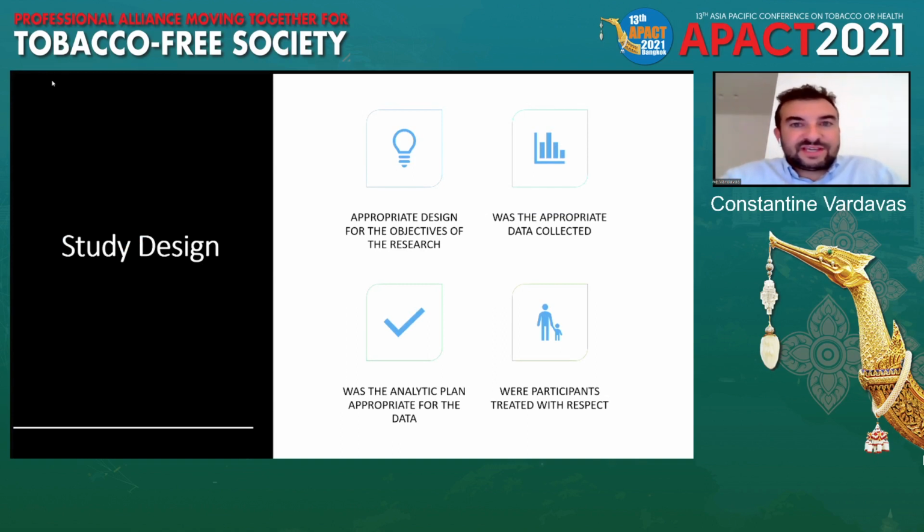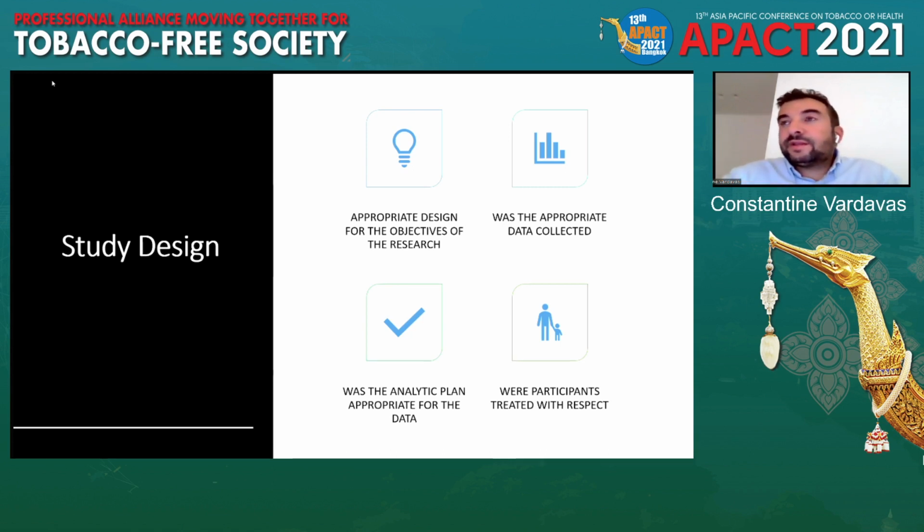One of the first things that a handling editor looks for is the study design, because the design must match the objectives for the research. So if one is trying to see the effectiveness of an intervention, then you'd have to look at a randomized controlled trial or some pre-post intervention. But if you're interested, for instance, in a population's exposure to secondhand smoke in Thailand, then you'd want to know what type of cross-sectional study it is. So the actual design must match the objectives. You need a specific design to match a specific objective.